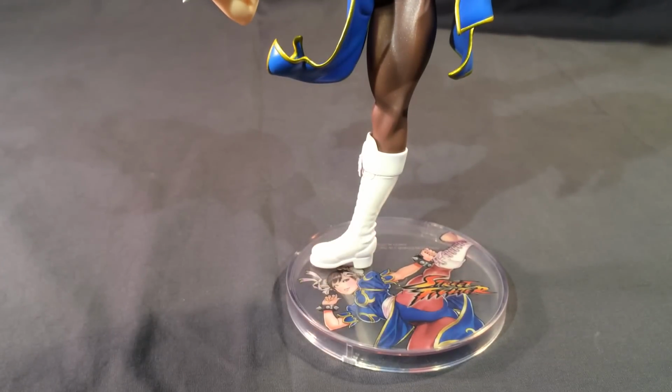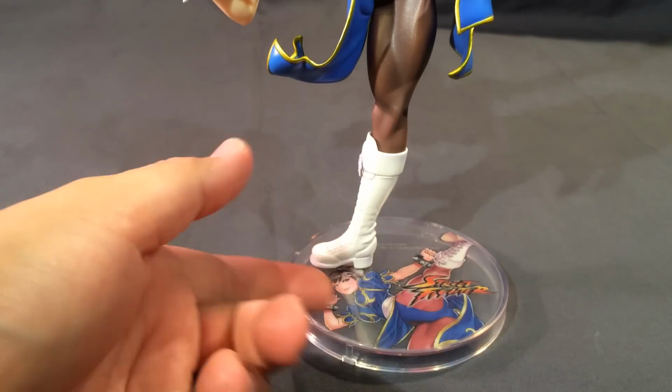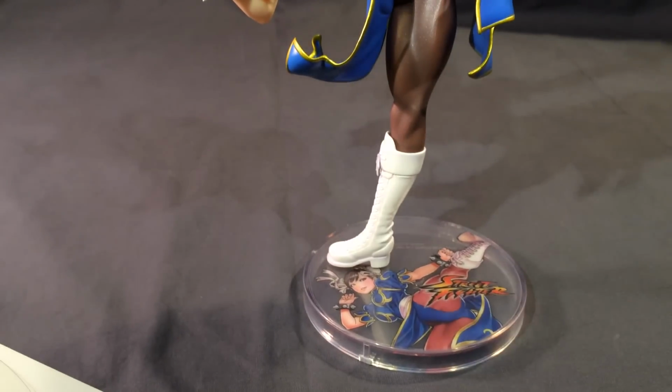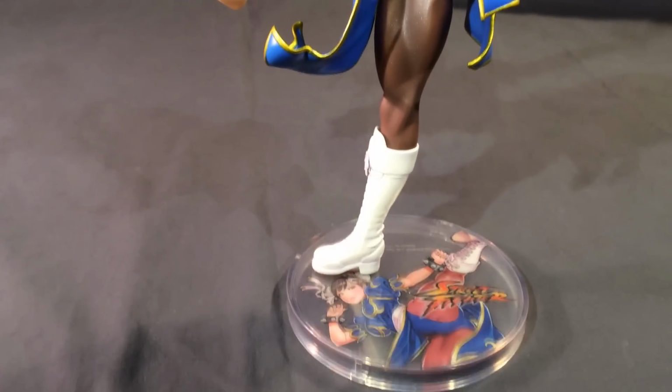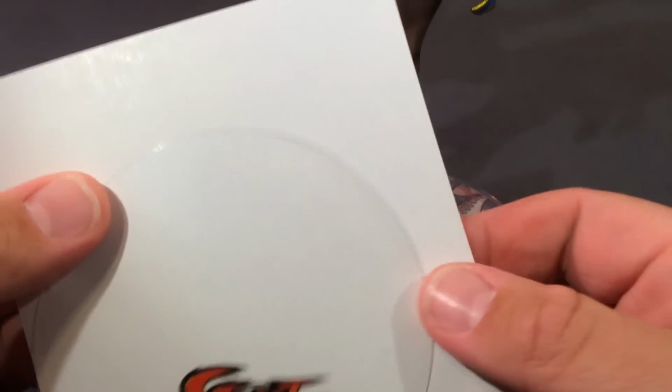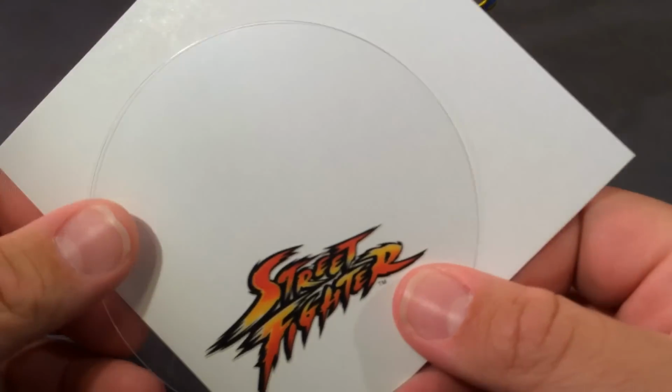A little bit bigger, as she is a bigger figure, but it's a clear base that opens up at the bottom, and you can put in one of two inserts. The one here that I've got in is the one with Shunya Yamashita's art and the Street Fighter logo, and then she comes with another one with just Street